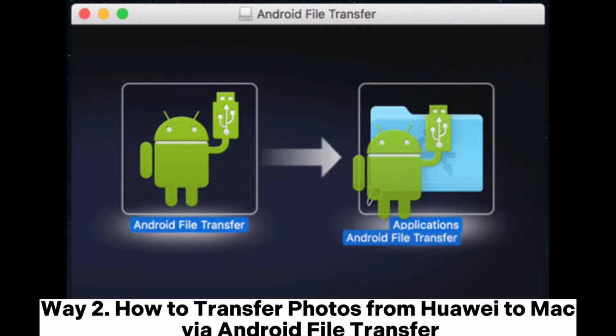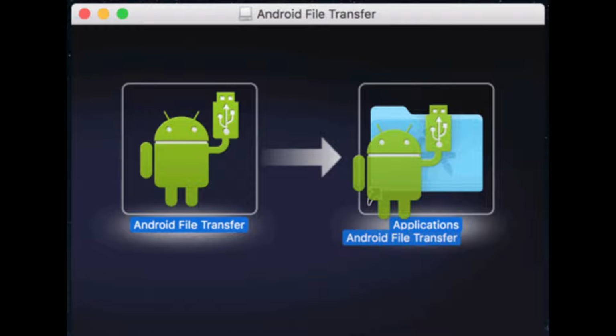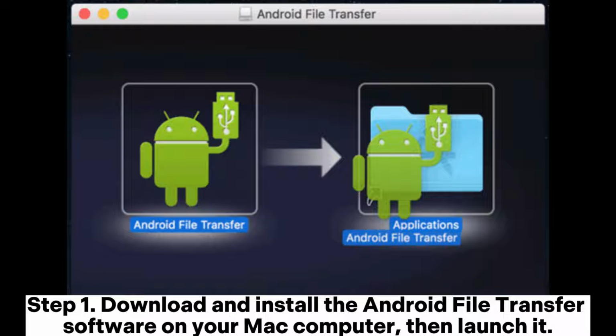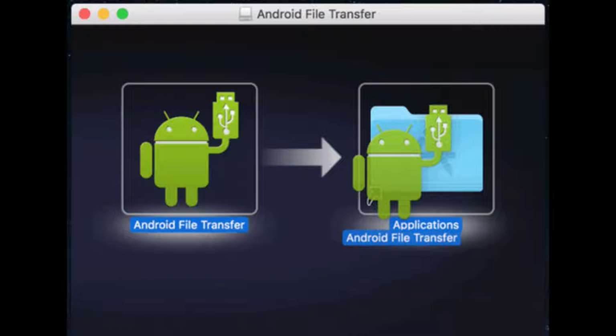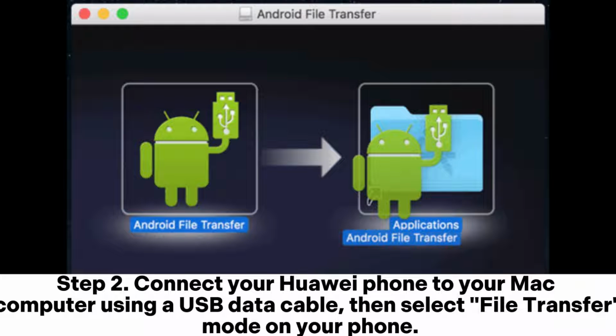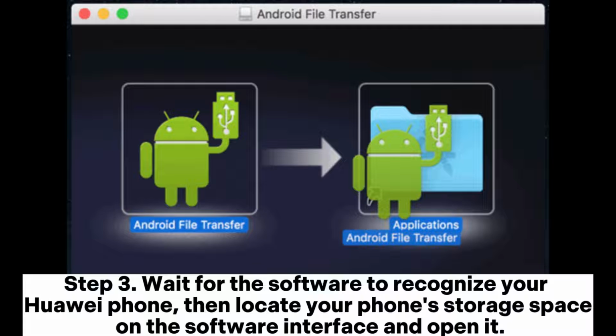Way 2. How to transfer photos from Huawei to Mac via Android File Transfer. Step 1. Download and install the Android File Transfer software on your Mac computer, then launch it. Step 2. Connect your Huawei phone to your Mac computer using a USB data cable, then select File Transfer mode on your phone. Step 3. Wait for the software to recognize your Huawei phone, then locate your phone's storage space on the software interface and